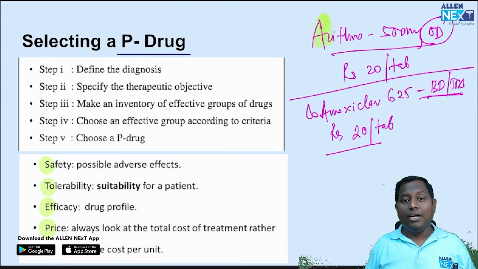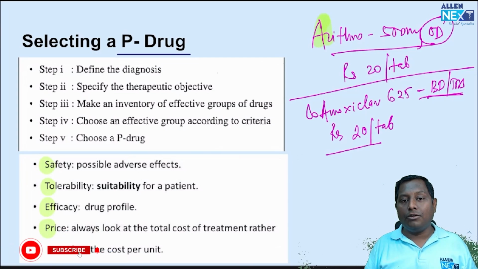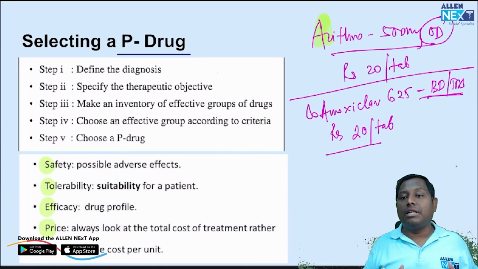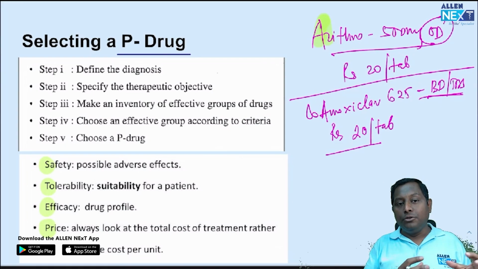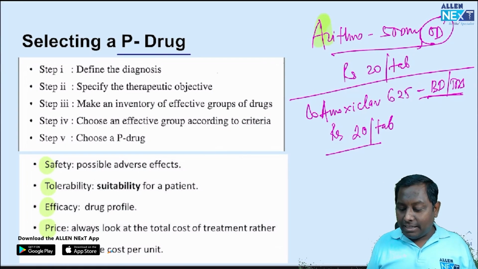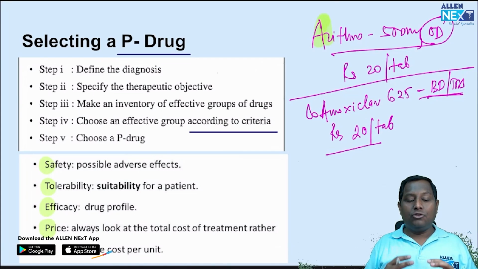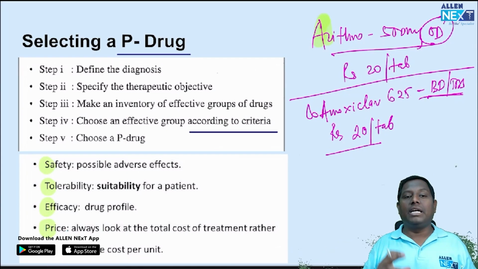Please remember that। तो पहले diagnosis बनाइए, then you make what are the therapeutic objectives that you are going to do here, and inventory मतलब what are the classes of drugs that you can use here, and out of that you use the STEP criteria that they are telling, that is safety, tolerability, efficacy and price, and then out of them which tops the list, choose that as a P drug।